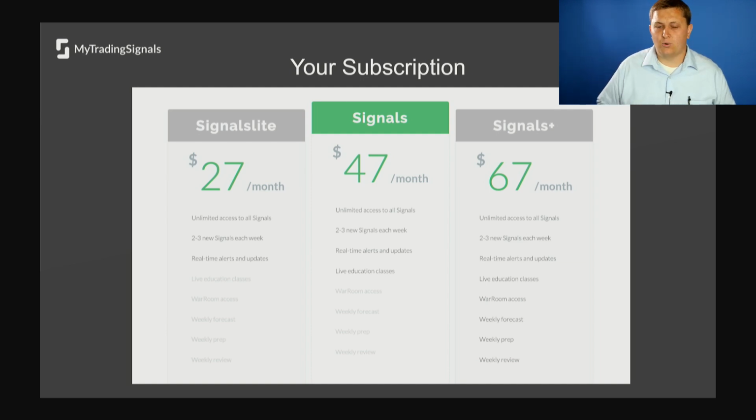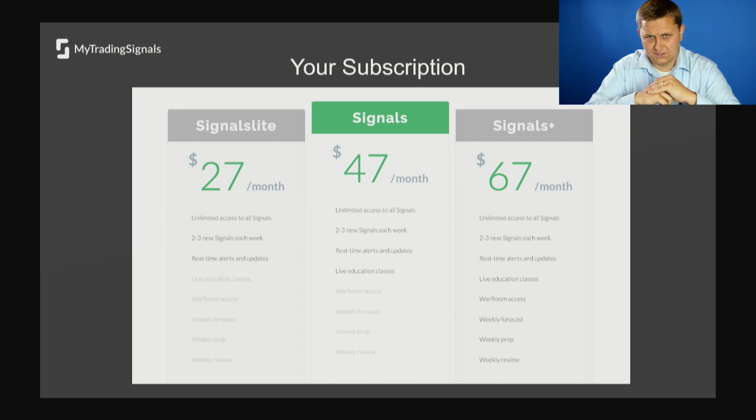Signals, which is $47 a month, includes all of the signals, just like Signals Lite. But this one comes with 2 live trading classes. So this comes with the Monday class at 8 a.m. Eastern Time and the 11 p.m. Eastern Time class on Wednesday. So you'll get those 2 classes a week, and the recordings, you'll have access to those too. So you'll be able to trade live with me and set up these trades and close trades